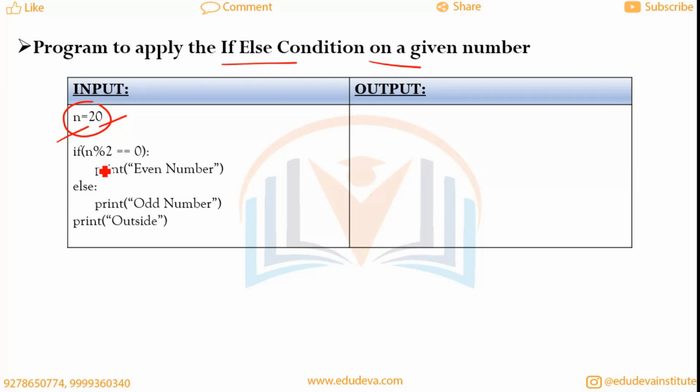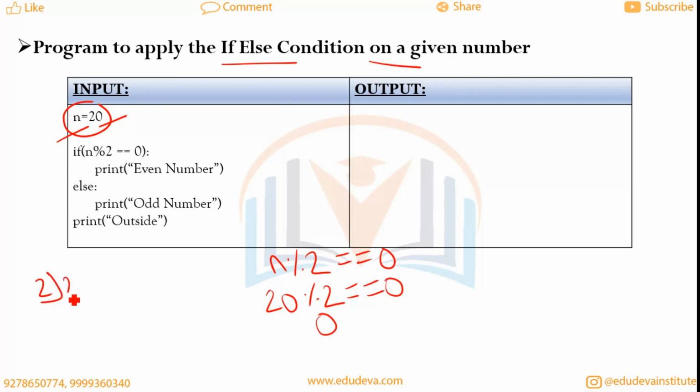Then we have written the if condition: if n modulus 2 double equal to 0. It means that we need to divide the value of n, that is 20, by 2 and check the remainder. And as we know, if we divide 20 by 2, the remainder will be 0. Why? Because when we divide 20 by 2, it gets divided by 10 and leaves the remainder as 0. So as the remainder of n modulus 2 is 0, the given condition